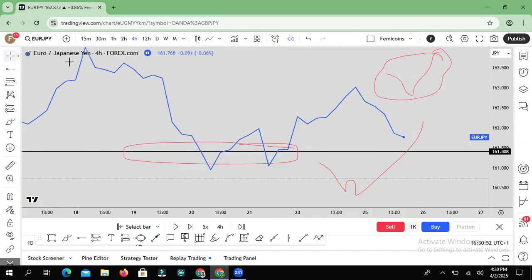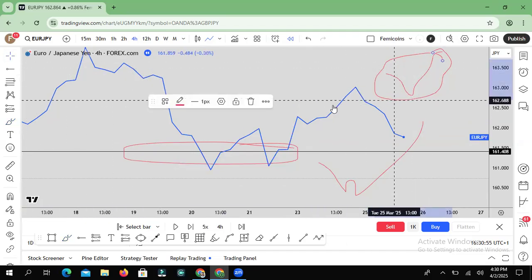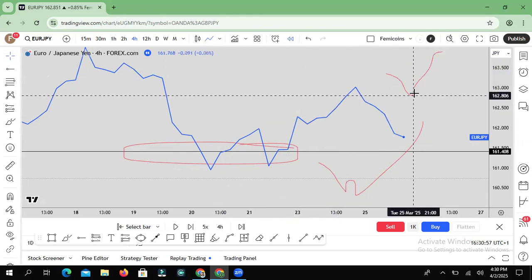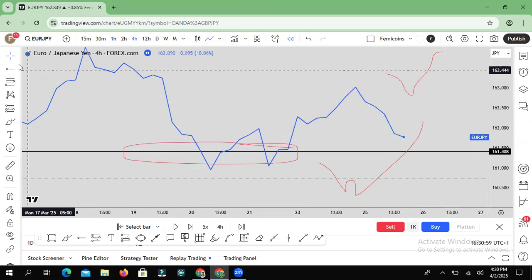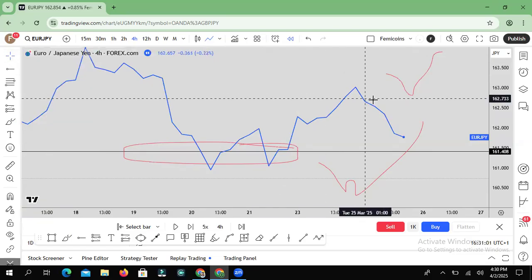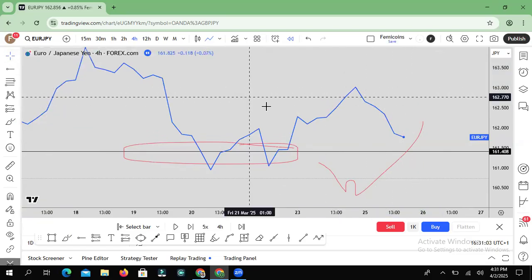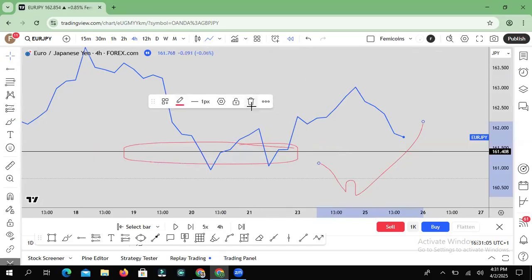You can see in less than 30 seconds, we'll build the bias just by saying daily reject, daily, 4-hour breakouts. That's all you want. You've already built a bias. You don't need higher high, higher low, lower low. All of those things just make everything so complicated.